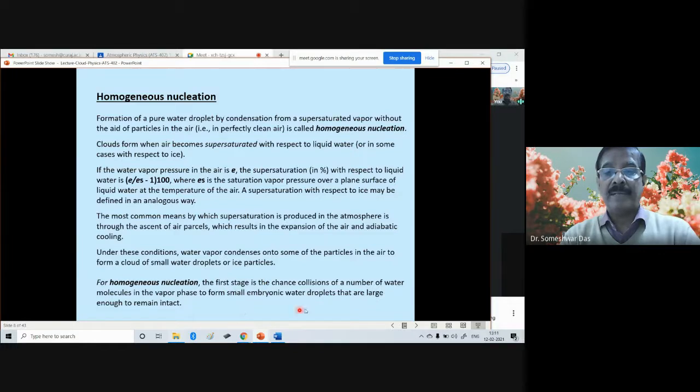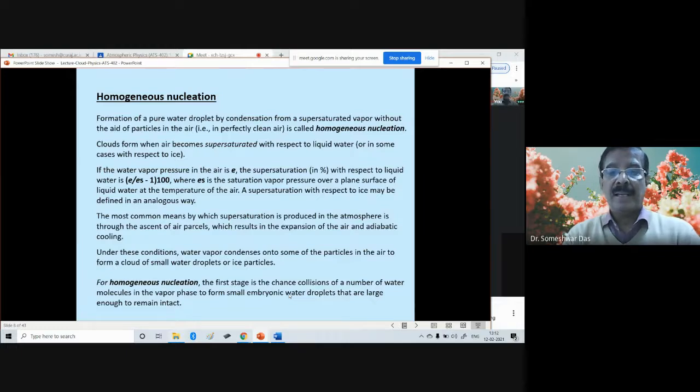Embryonic water droplets means very tiny water molecules. You know the word embryos, right? Embryonic water vapor particles help in the formation of very tiny water droplets when the air is